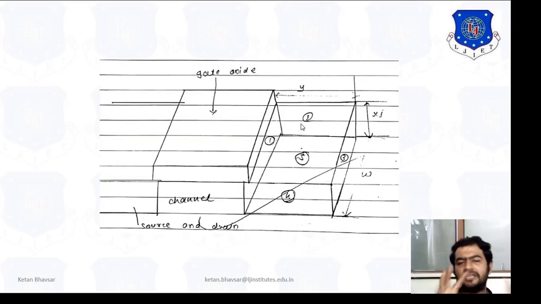Now you can see a 3D diagram. As you can see, the channel will be formed in one region from source to drain. This one is the gate oxide, and the channel will be formed over here. Here is a specific region, 1, 2, 3, 4, 5. Xj is the junction depth, Y is the particular area for the channel, and W is the width of the substrate, with the doping density that you have. So basically different types of capacitance effects are produced because of the 3D variation. So we have to take care of these three regions when we talk about a specific junction depth or junction region.